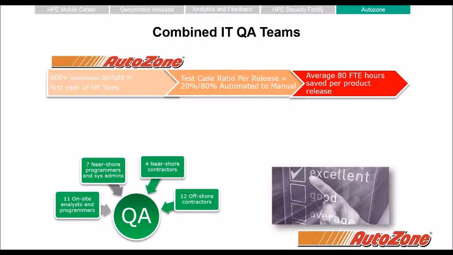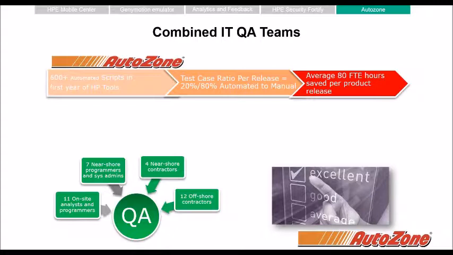So we have several IT QA teams here at AutoZone that all roll up to me. The big call out on this slide is that I have teams in India, I have teams in Mexico, and I have teams here in the USA in Memphis. And they are all connected to the HPE suite of tools. And we have some subsidiary teams in California that take advantage of the tools as well over our LAN. And you'll see our diagram here in a few slides that talks about that.